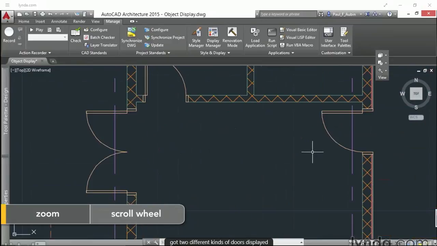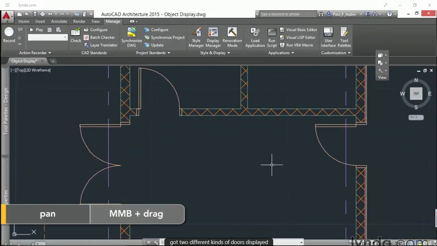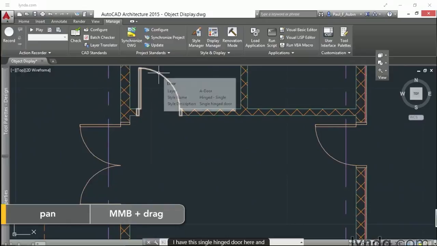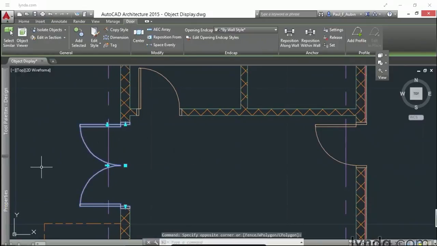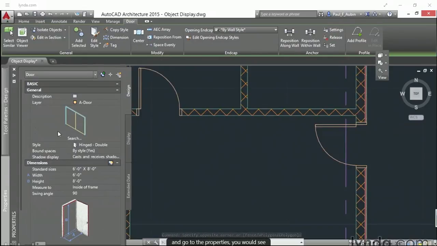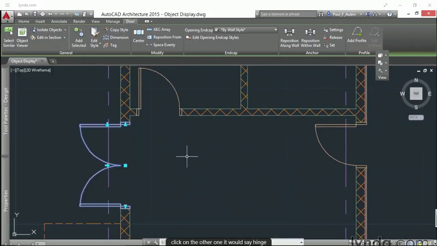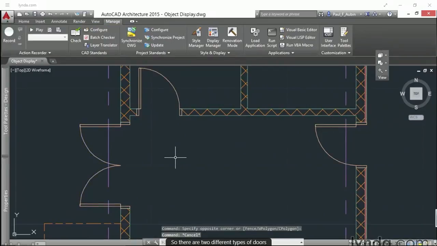And I've got two different kinds of doors displayed in this area. I have this single hinge door here and this double hinge door here. So if you were to click on this object and go to the properties, you would see that the name here is hinge double, and if I click on the other one, it would say hinge single. So there are two different types of doors, and it's pretty obvious because one's a single door and one's a double door. But maybe I want to make a change that ignores the style differences and applies universally to any